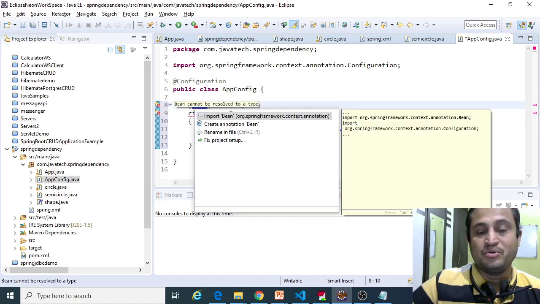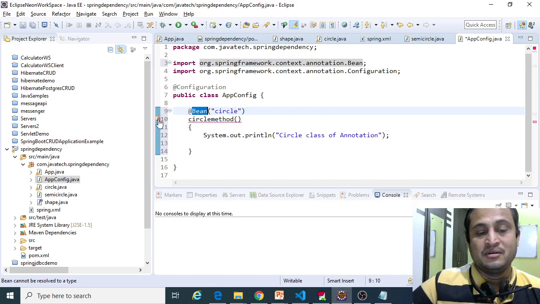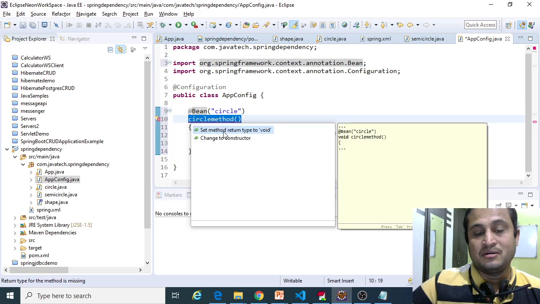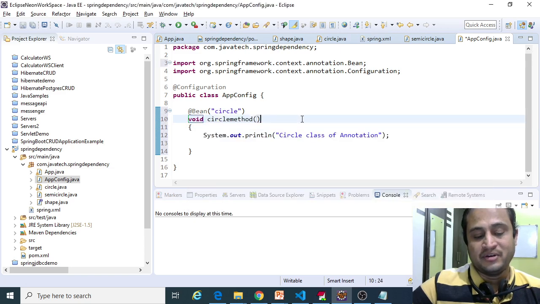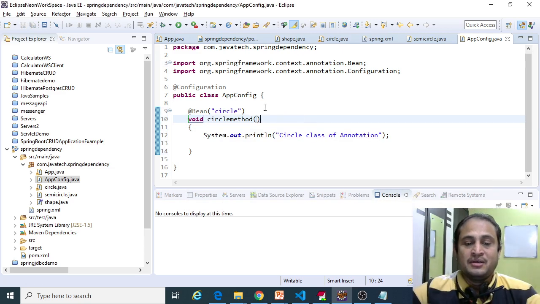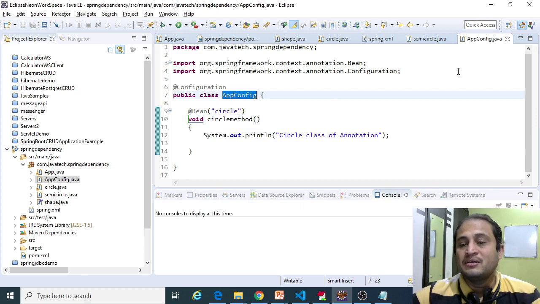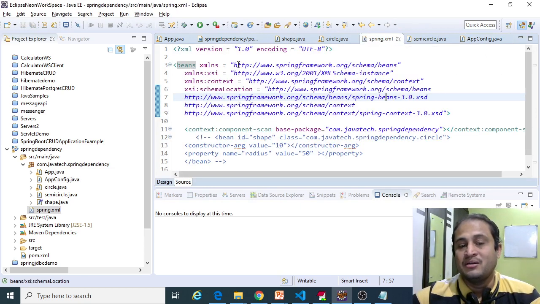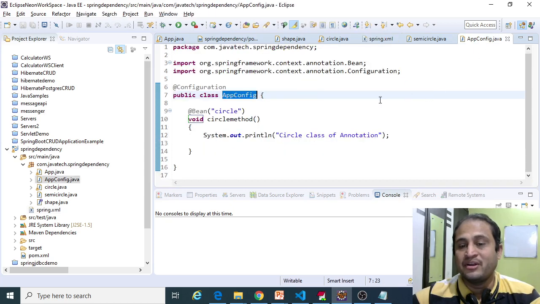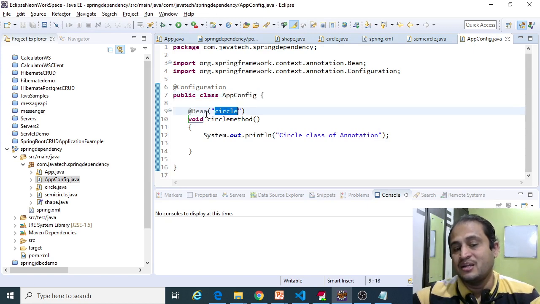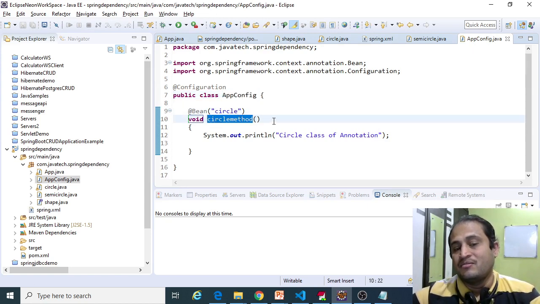I need to import this Bean package, which is provided by Spring, and void is fine. So what I have done, similar to Spring.xml where Spring gives you the configuration file, is write my own configuration class and register this circle bean as one particular bean in this configuration.